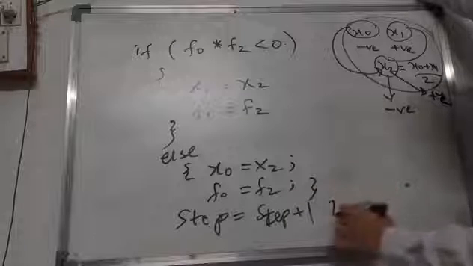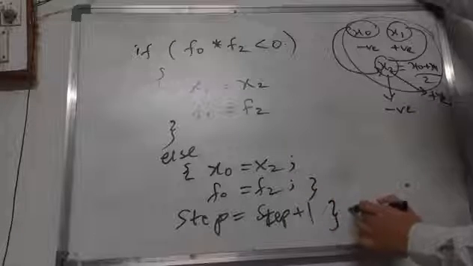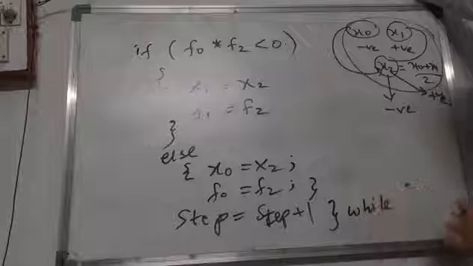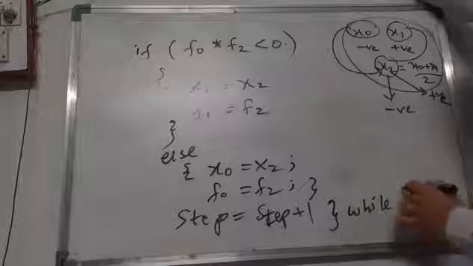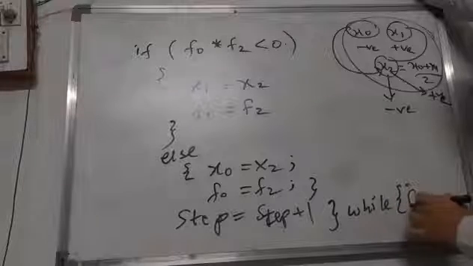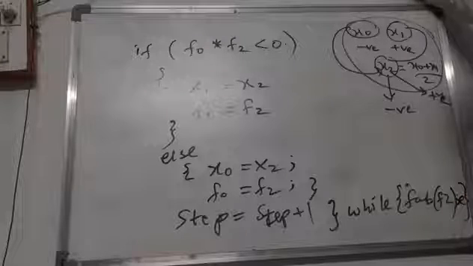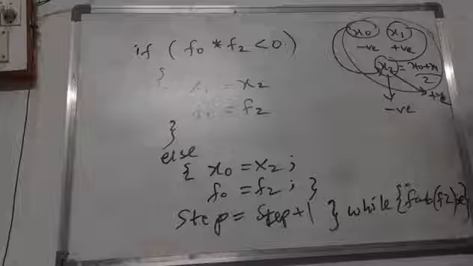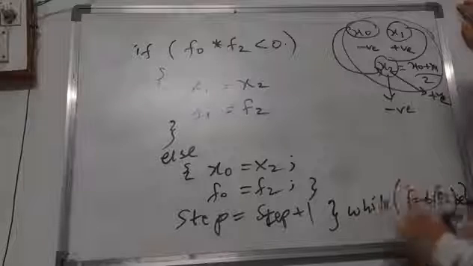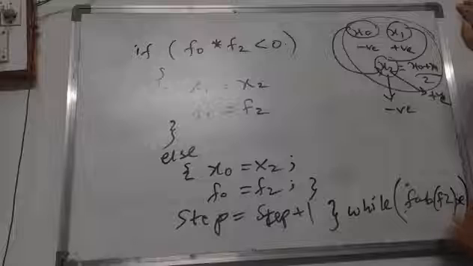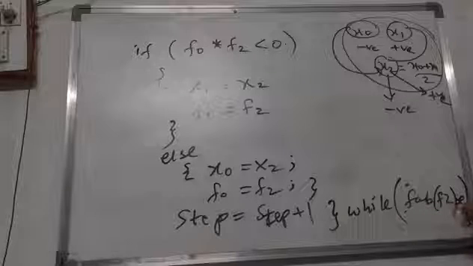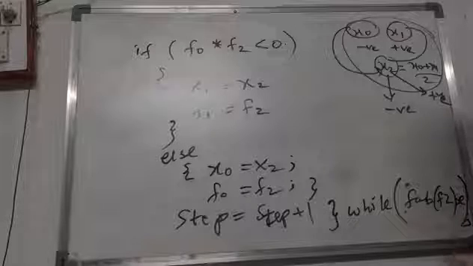So here this will be done using a while statement. The condition is that we have taken some error function: fabs of f2 is greater than the error e. Up to this only, this will be valid for the while loop. We have to take the open braces. It is valid for fabs of f2 greater than error. It will calculate and test the error.